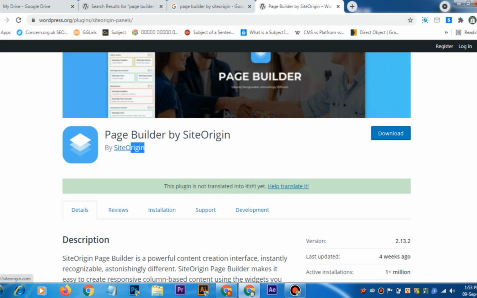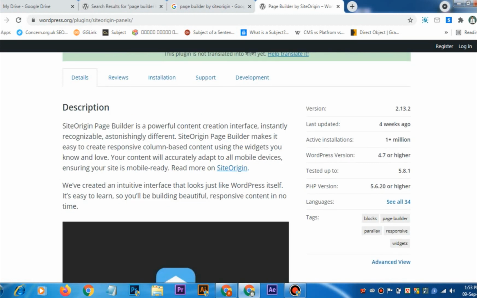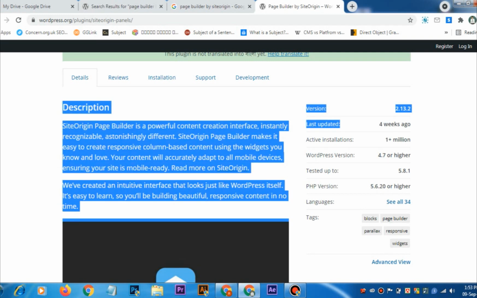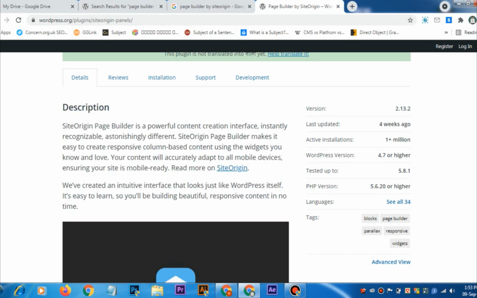Version 2.13.2 is already released. Be careful about who developed it. Developed by SiteOrigin. Here there is some basic information about this plugin: version, last update, active installations 1 million.